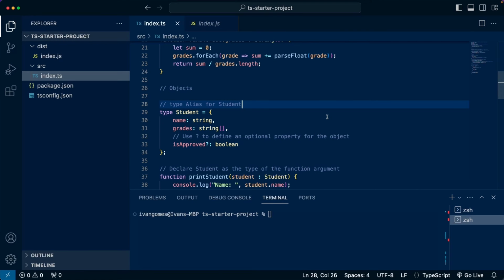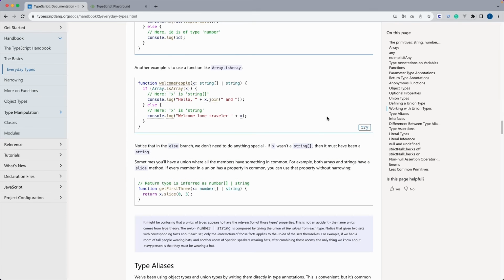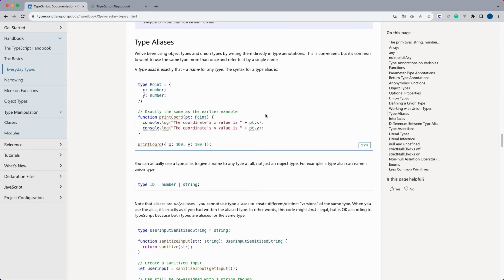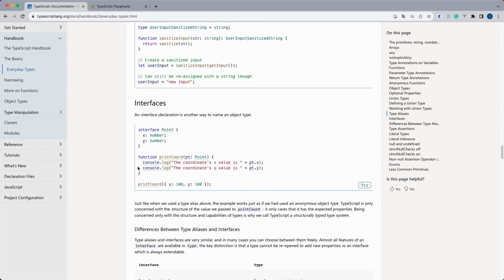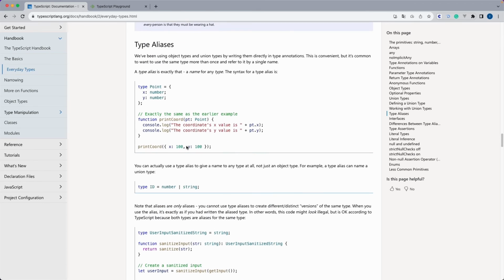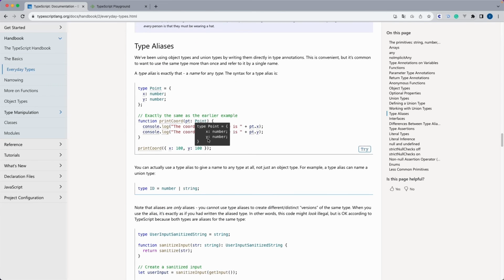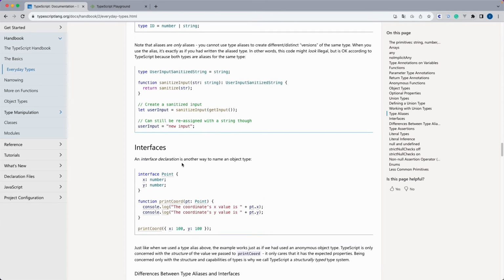Hey there, in this video we are going to speak about interfaces. So if we go back to the documentation, right after type aliases, we can find interfaces. Type aliases and interfaces are actually very similar, but they have an important difference that I'm going to show you in this video. So we can see that the way we declare it is similar, with the difference that with type aliases we use the equal sign, but with interfaces we start it just like we would do with an